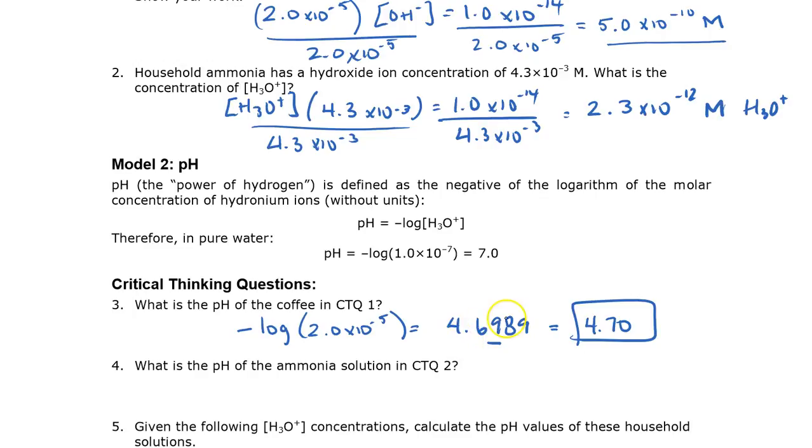and wrote down 4.6989. The way that significant figures work is that there are 2 significant figures in this starting number. And since there are 2 there, I want to keep 2 in my answer, but when you take the logarithm of something, the number before the decimal does not count because it's just a placeholder, like a times 10 to the something, and so I need to keep 2 decimal places, so I'm rounding off to 4.70.